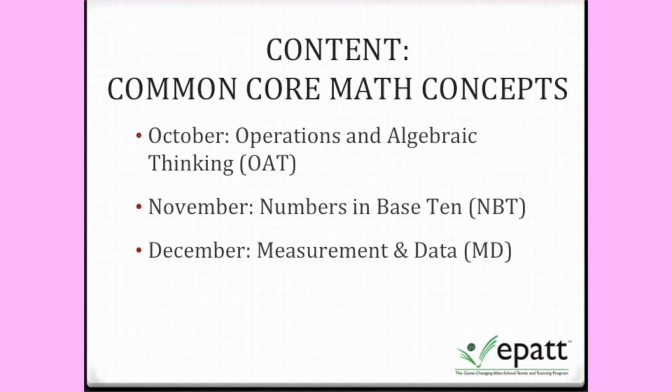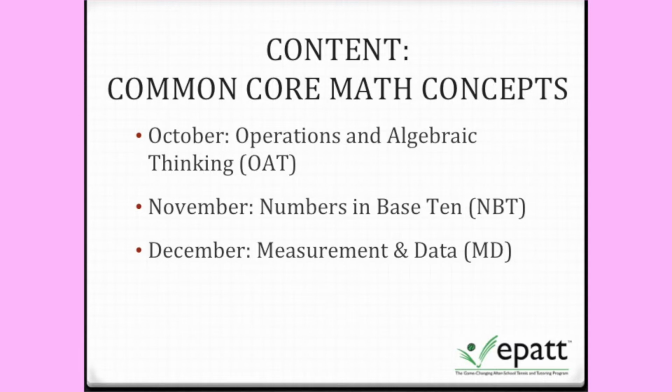All right, let's get down to the deets. The math content we will cover in elementary school group for the fall quarter comes from 3 math content areas from the Common Core State Standards, otherwise known as CCSS. The 3 areas include operations and algebraic thinking, numbers in base 10, and measurement and data, to be studied in October,